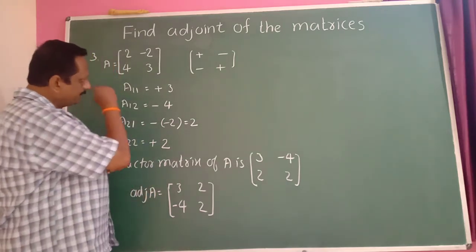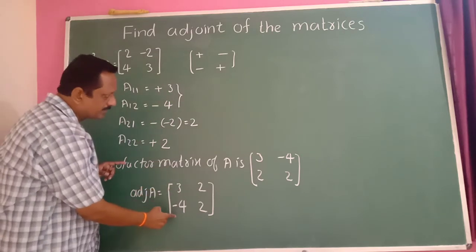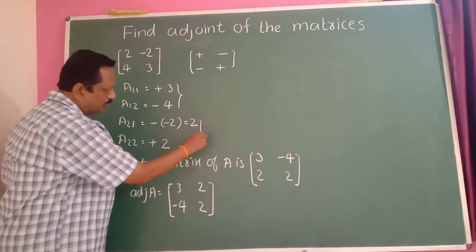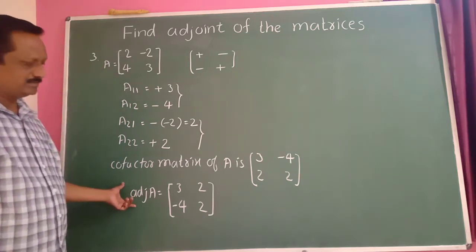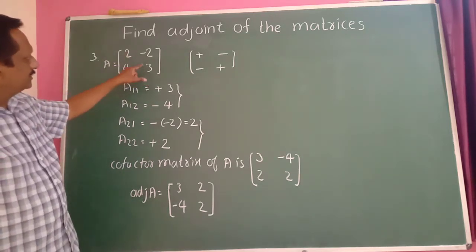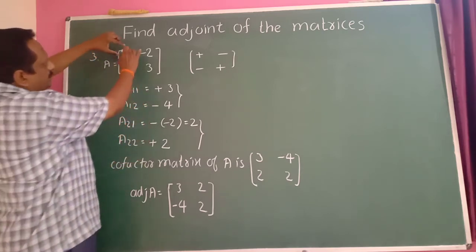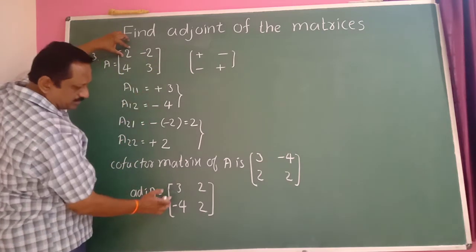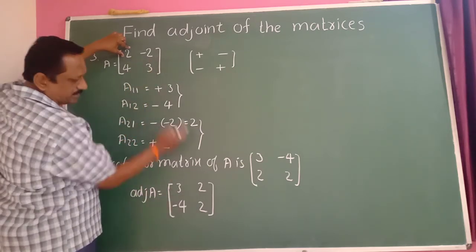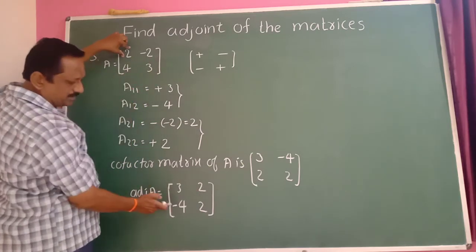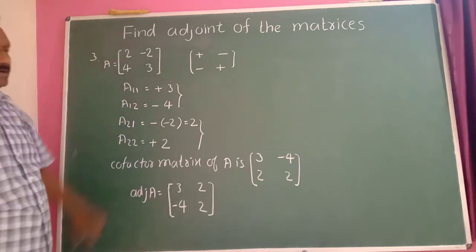Therefore, a very simple method here. Write the 3, minus 4 in the column, 2, 2, write in the column. Then you can write the adjoint of the matrix. Just observe here 2, 3. These are the elements in the adjoint, means diagonal. 2, 3 elements in the diagonal, so write it 3, 2. And change the sign of the non-diagonal elements. Minus 2 is there, plus 2; plus 4 is there, minus 4 there. So that becomes the adjoint of the matrix here.